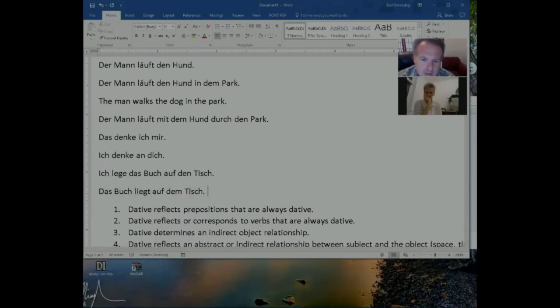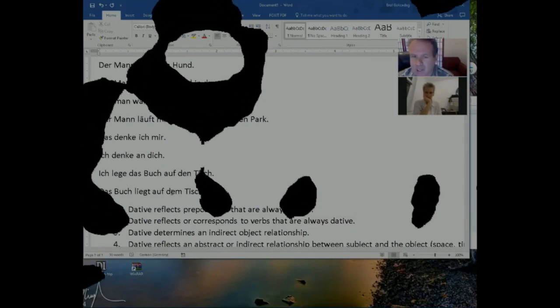You see that? It's not das Buch liegt auf das Tisch, it's auf dem Tisch. That's because there's no direct action, right? A book can't perform an action in and of itself. It's just a condition, a spatial condition upon the table. So that's why it would be dative. Whereas here, I'm performing an action, so it's accusative. Got it. That's how you can configure which